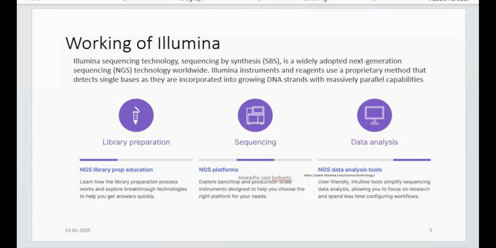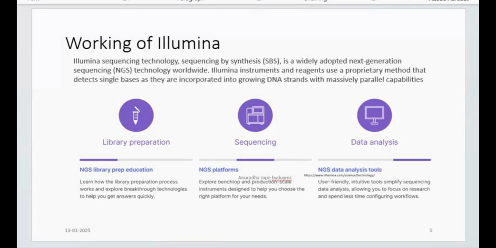So you are going to have millions of clonal clusters which are going to get generated in each of the lanes, right? So in each lane of the flow cell. When you say a flow cell, it is going to be a solid thin surface on which you have lines marked, and about say 8 independent lanes are there. So you can have multiple libraries to be sequenced in parallel. So these are the words which you will come across in the discussion.